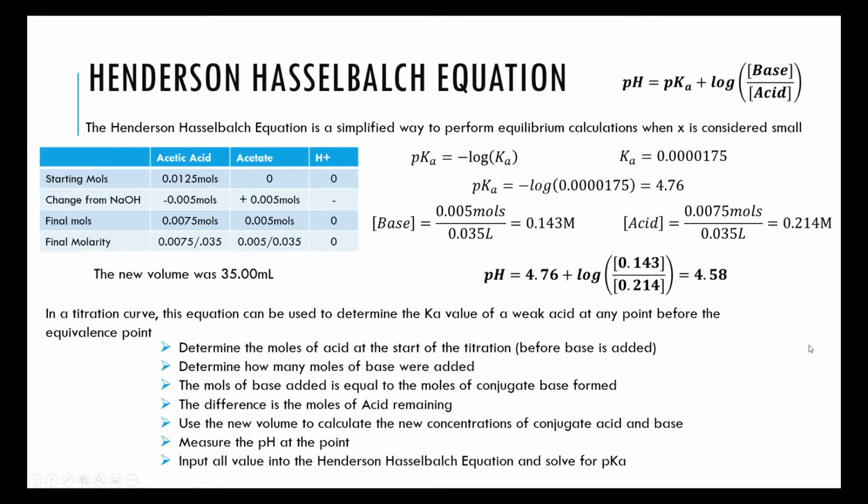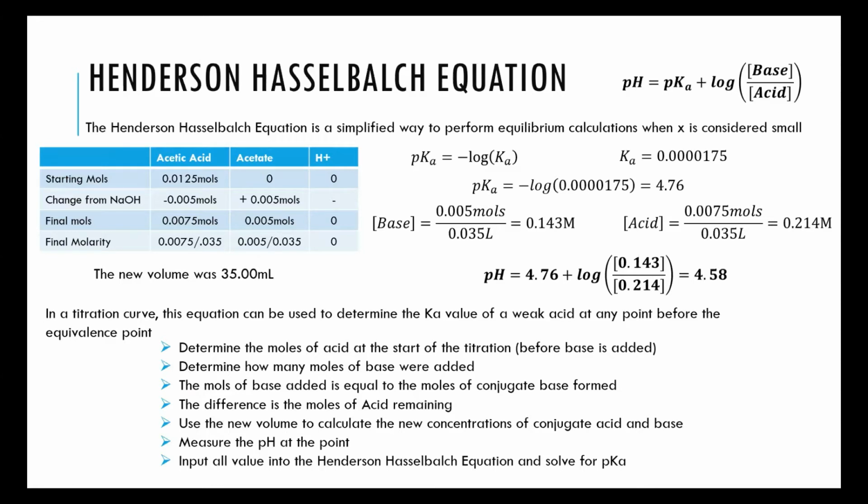This Henderson-Hasselbalch equation can also be very useful in determining the Ka of an acid if you are measuring the pH in the lab. So in a laboratory setting, you can measure the pH of the solution, and determine these moles based on what you've added together. You can determine how many moles of acid are in the flask, how many moles of base was added,